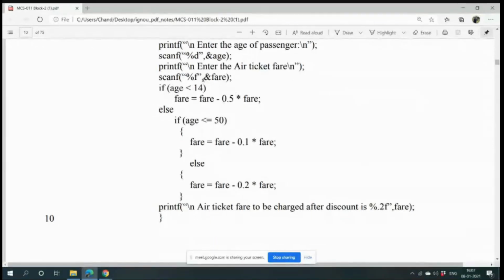If this is not true, that means no person below 14 will come here. Only the person who is greater than or equal to 14 and less than equals to 50 will come here. And only the person who is greater than 50, because equal to is already given here. Understood?